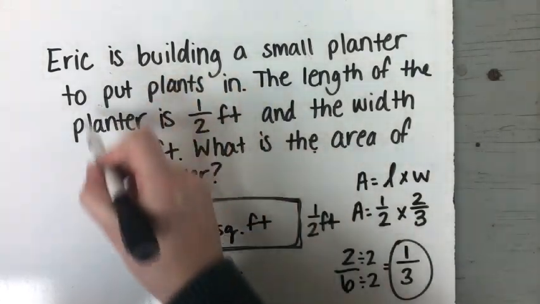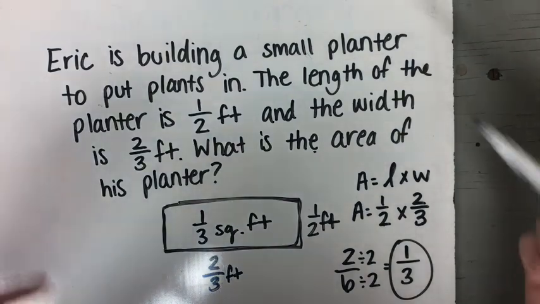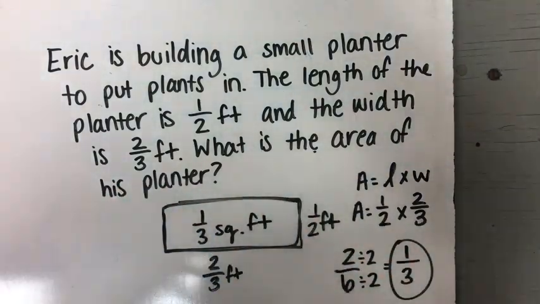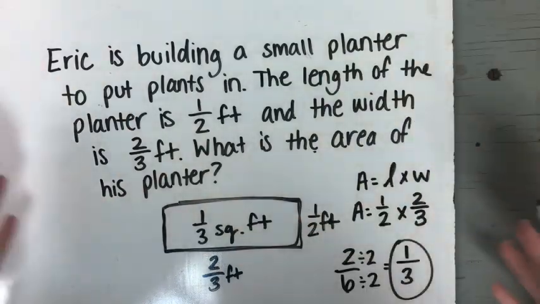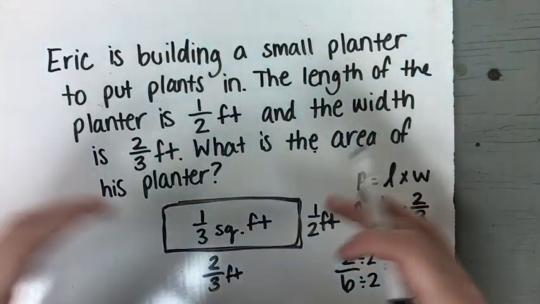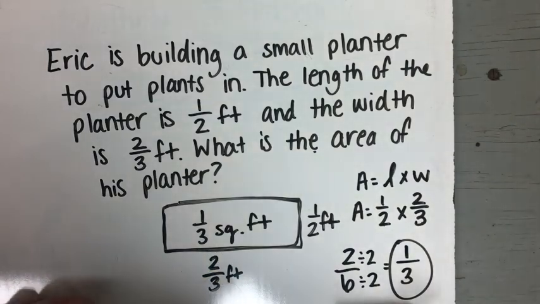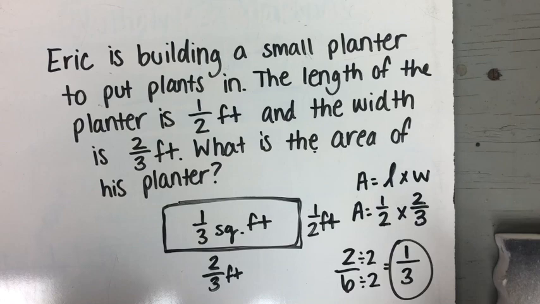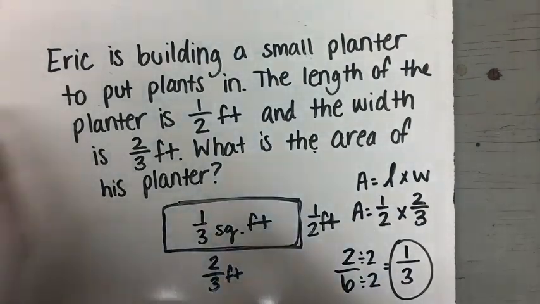Okay, so all this did here was it still gave you those measurements, but it wants you to be able to visualize what he's building, what you're looking for. Okay, so drawing a quick picture can help you to solve a problem such as a word problem where it doesn't give you the picture, you have to visualize it yourself. Okay, so this was finding the area of rectangles using fractional side lengths. So you do the practice problems on the next few slides,